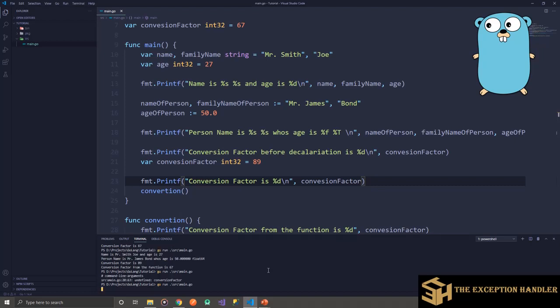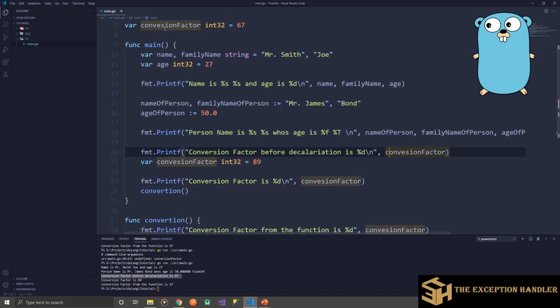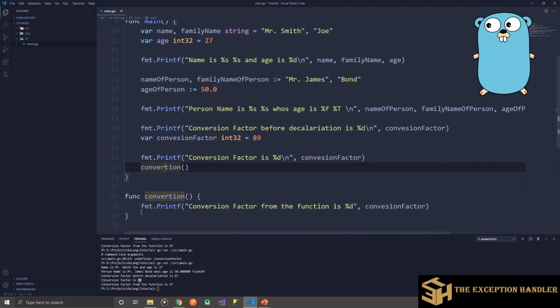Now if you see, so in conversion factor before declaration it was 67, which was supposed to be the value from the package level variable. Then when I declared it and then I printed this, then I got a value of 89, and then the function was called and the value of conversion factor from the function was printed.